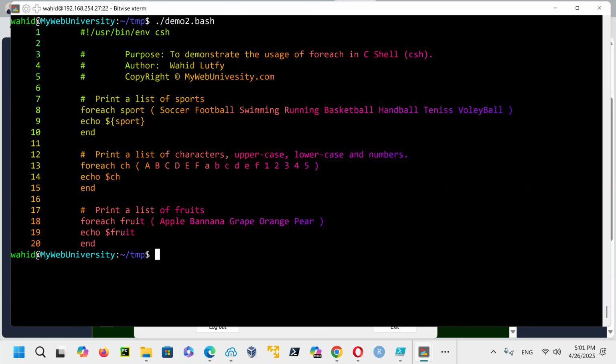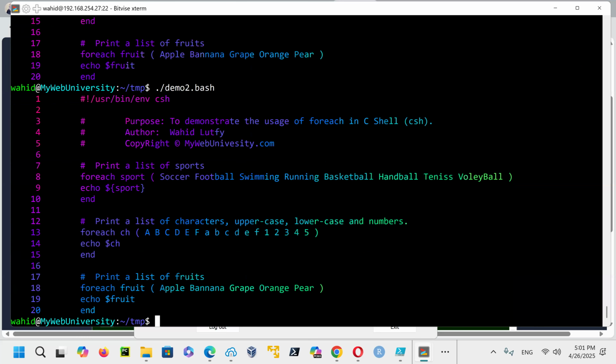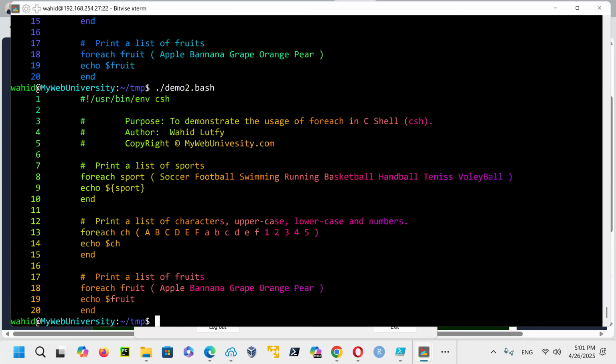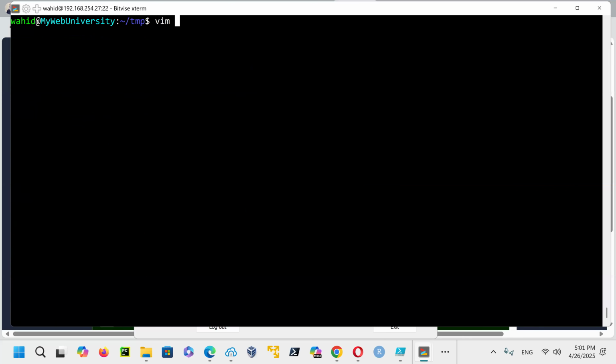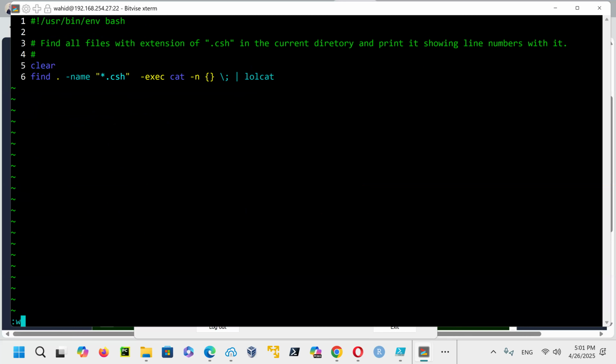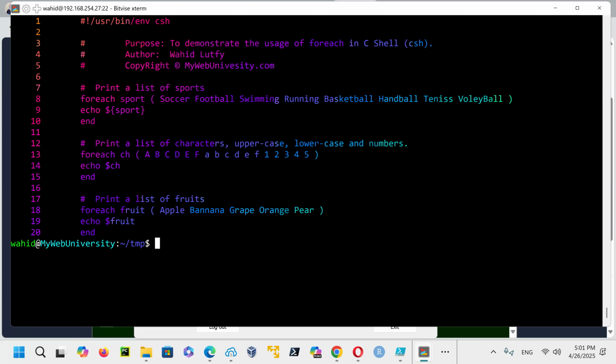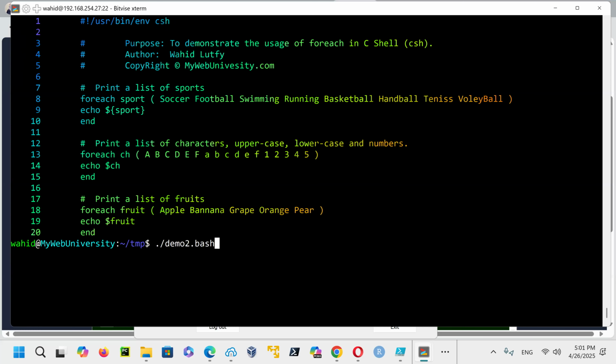Now, because lolcat does the command every time in a different color, it is doing it. So if I just do vim demo2.bash and add a clear screen command here, so the interface is good. You can see now I run demo2. It just clears the screen and then does that.